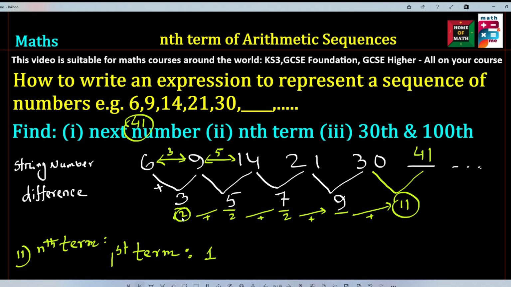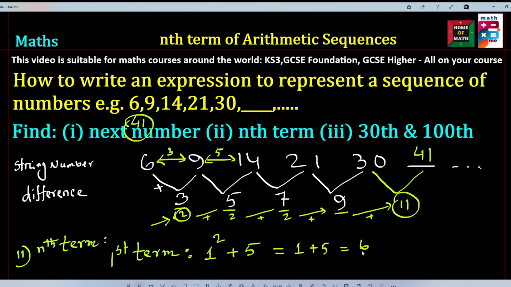So look, if we think this one is square, the first term is square plus what? 5. We have to make the first term. So n square plus 5, n square means 1 square, which is 1, plus